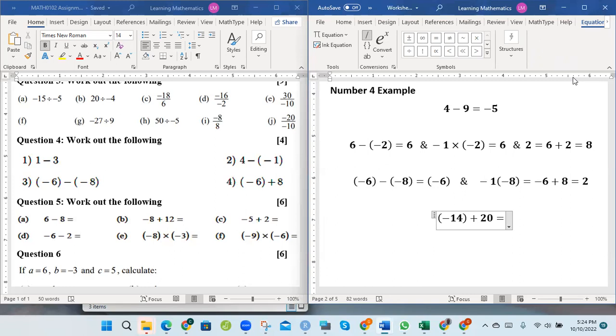When you take out 14 from 20, you have 6 extra, +6 left over. You cannot take away anymore. You have exhausted all the taking away, and you still have 6 extra. So apply this to these 4 questions in number